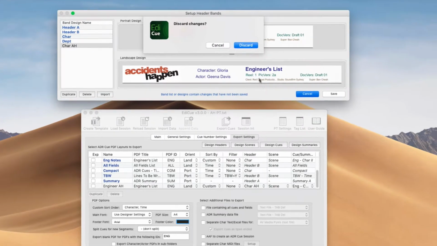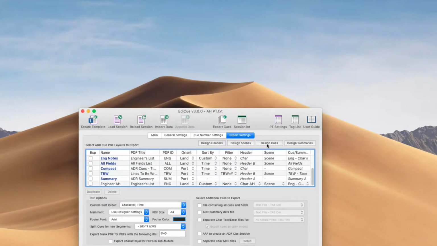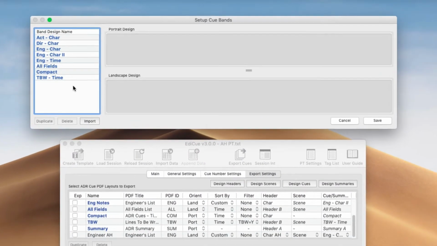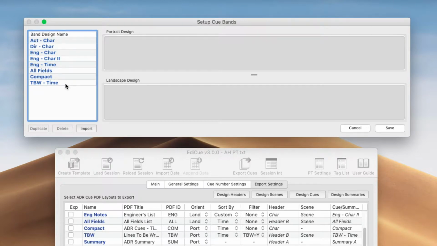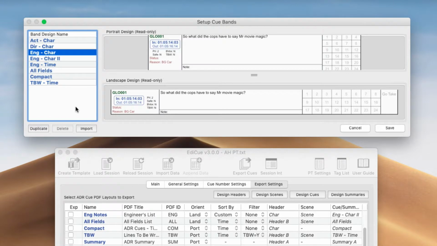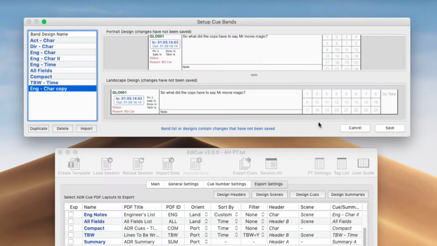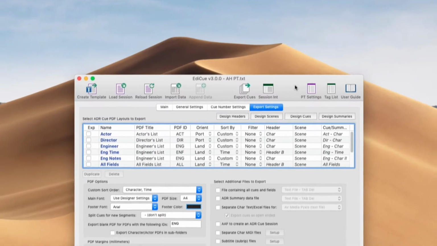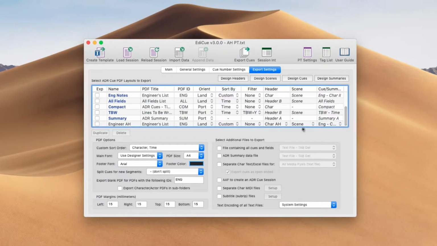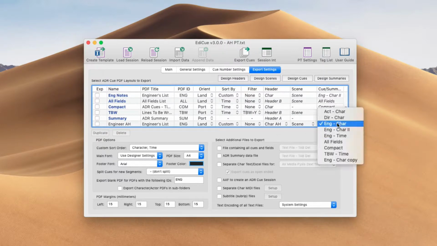And now we'll just move to the cue designs. So here you can see all of the preset designs that come with EdiCue. What I'm going to do is just duplicate this engineer one. And before we go any further, actually, I'm just going to save this and use that design in one of these layouts. So I'm just going to select Engineer Character Copy, and I'm going to select this to export,